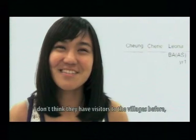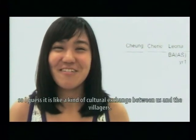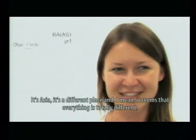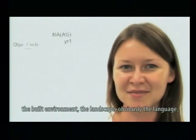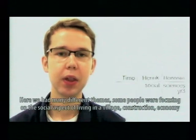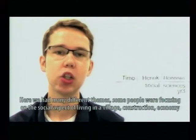I don't think they have had visitors to the villages before, so I guess it's a kind of cultural exchange between us and the villagers. Asia is a different place, and it seems that everything is totally different: the built environment, the landscape, obviously the language. So I think the biggest challenge is to digest all this variety. We had many different themes. Some people were focusing on the social aspect of living in a village, construction,